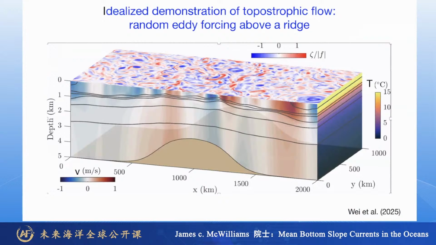And so in the next few slides, I'm going to show you the as yet unpublished results from an idealized problem with random eddy forcing through random surface wind curl above a simple topography that is a ridge that is uniform in one direction. This particular problem is being led by a postdoc, Yu Wei, who is a recent graduate of Hong Kong University